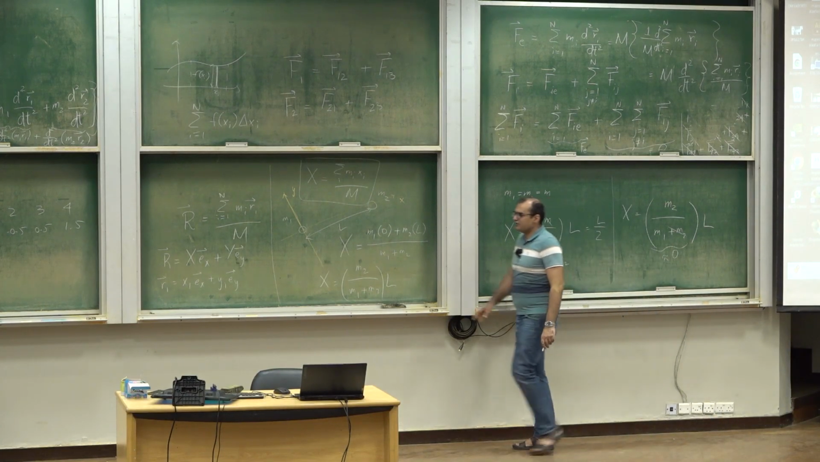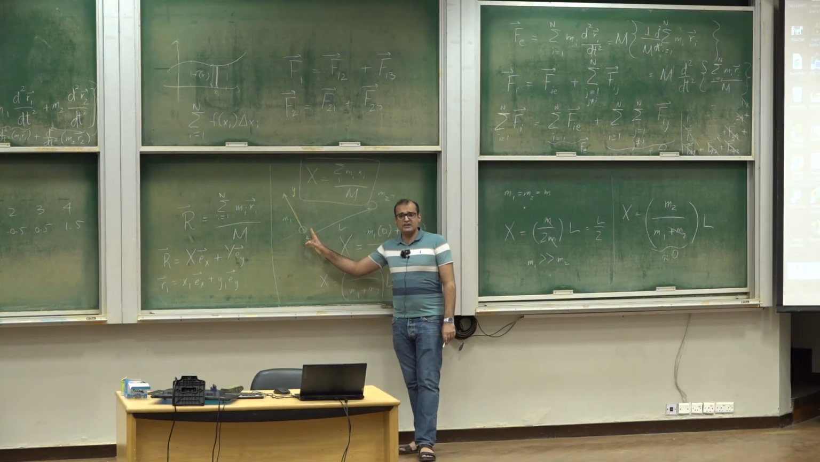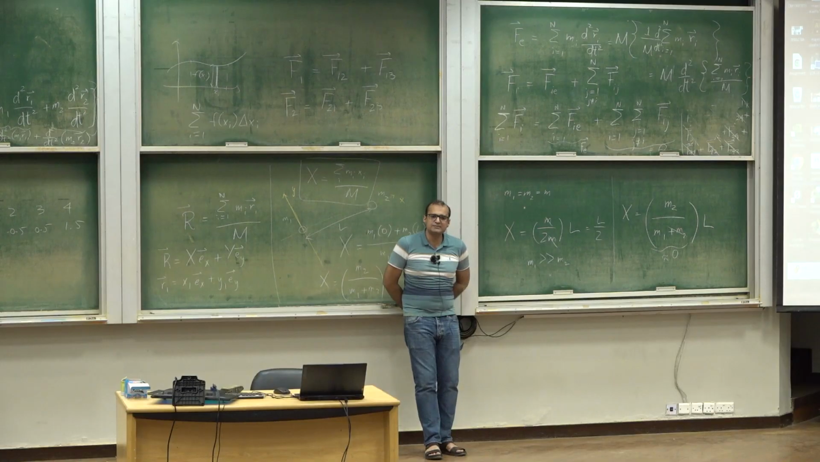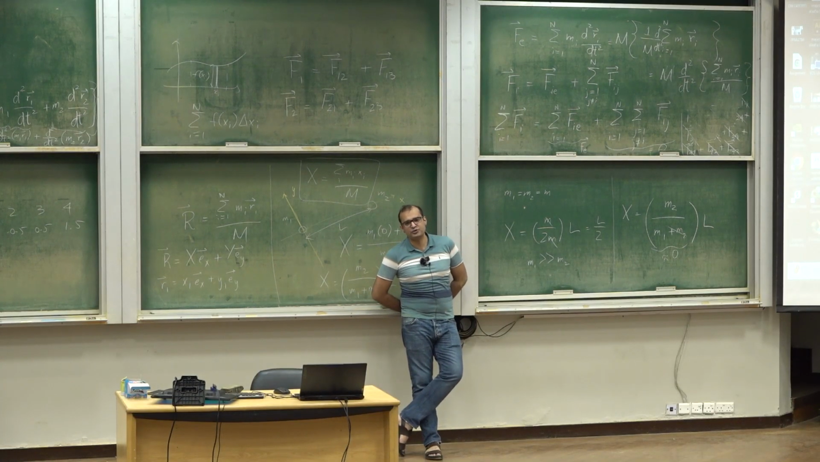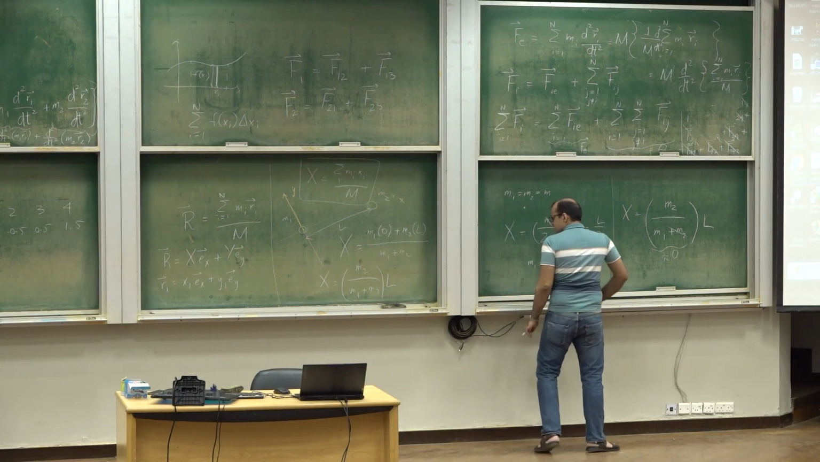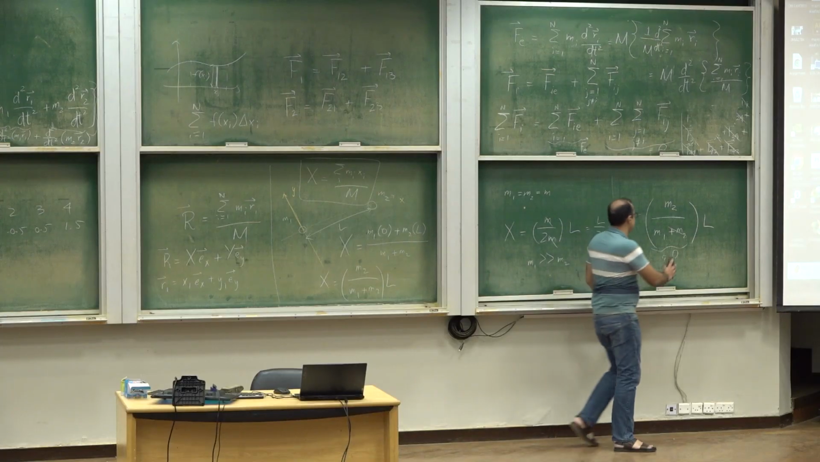And therefore the center of mass is where? Near your origin. आपके origin के बिल्कुल साथ ही है center of mass. और यही तो आप expect करते थे. If m1 is much bigger than m2, the center of mass should be very near, should be very close to m1. Another way to see this, a more systematic way of seeing this, is